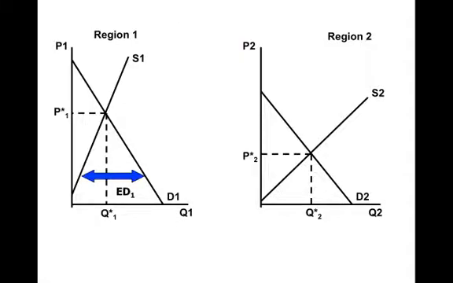We can think of this more generally by recognizing that in region 1, whenever the price is below the equilibrium price in autarky, that is P1 star, there's going to be an excess demand. Moreover, that level of excess demand rises as the price falls. So what this is getting at is that there's an inverse relationship between excess demand and the price that is prevailing in that marketplace. By the same token, when we think about region 2 at prices above P2 star, we have excess supply.